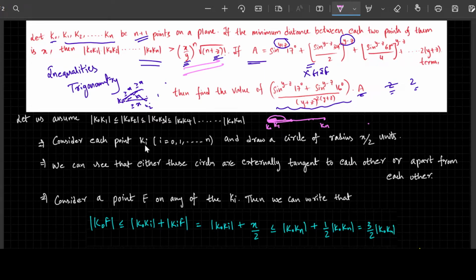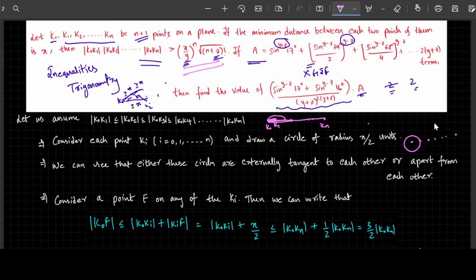So consider each point ki. Fine. So I shall make those points here: k naught, k1, k2, k3, and so on, kn. Consider each point ki, i equal to 0 to n, and draw a circle of radius x by 2 units. So what does that mean? So if I draw a radius of x by 2 units,